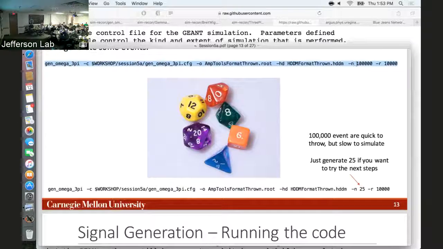-N is just the number of events we want to simulate, and -R is the run number that you want to set. Because when we do the simulation, we're going to start reading things in from the CCDB, which is our database that contains all of our conditions. Setting the run number will declare which run it tries to go and grab these things from. So to be consistent with this Sim1 data set that we already started, we'll set the run number to be 10,000. So if I run this,